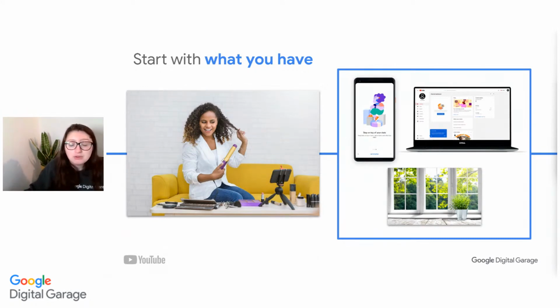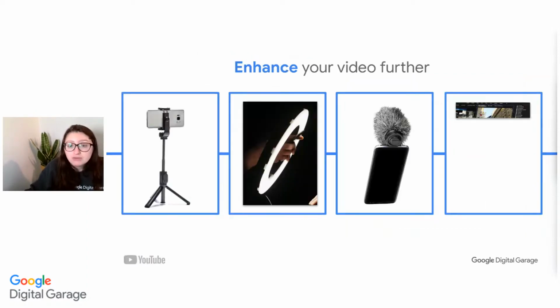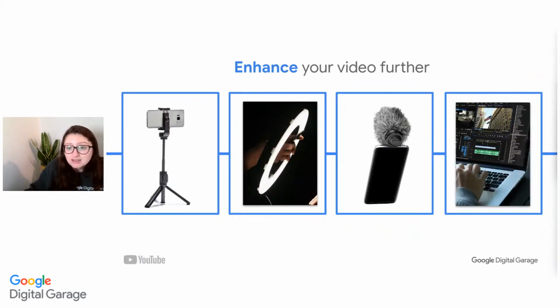You can always add to this equipment. Start with the basics and then add to it. Now, a few things that you might want to add. Tripod. I mentioned having a tripod for my phone. I have one similar to this actually, with a button, but it can also be a selfie stick. The legs fold in as well. This is all about giving your videos that professional look that's steady and not moving around in someone's hand. There are a couple of really affordable choices out there, and the results can be really valuable in enhancing the content that you're creating.